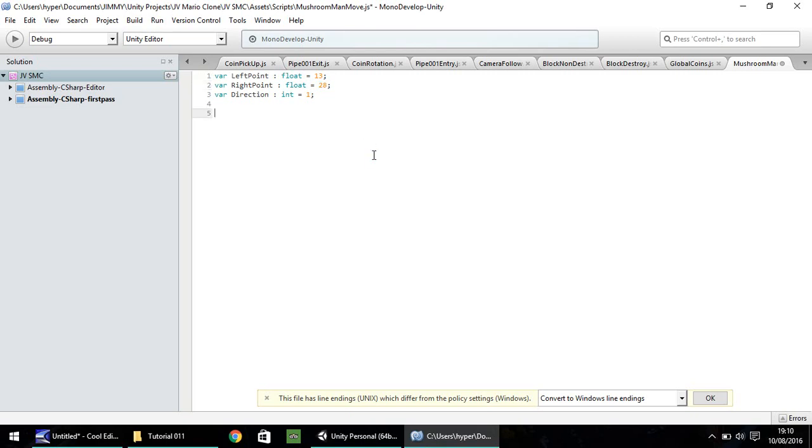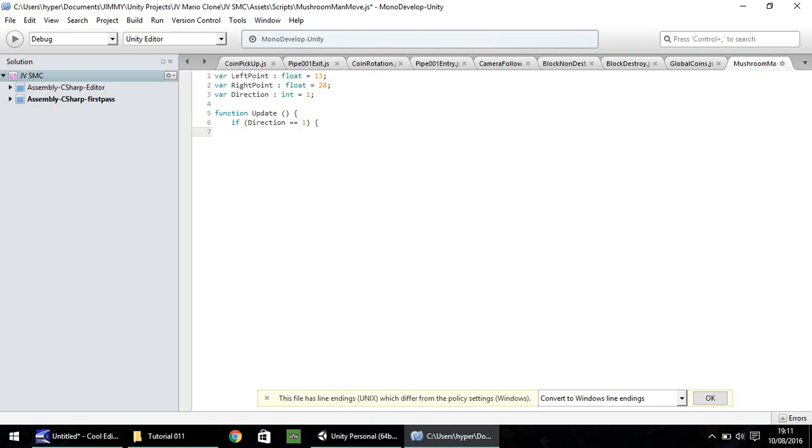Now we're going to write a function, real simple, just a function update. It's got a few ifs, just stating a few different things, but there's nothing too tricky about it. So let's start with function update, open close bracket, open curly bracket. If direction equals, sorry, it's double equals, my apologies, equals 1, close bracket, open curly bracket, then what we're going to do